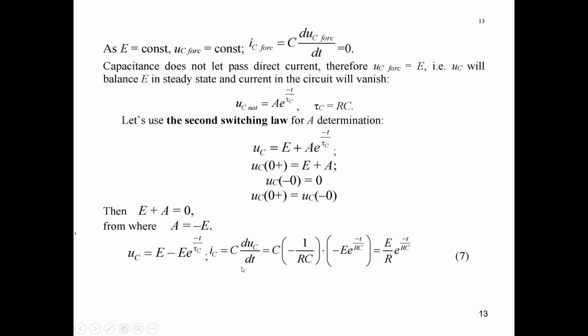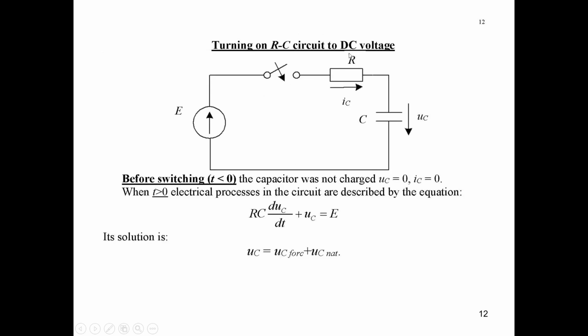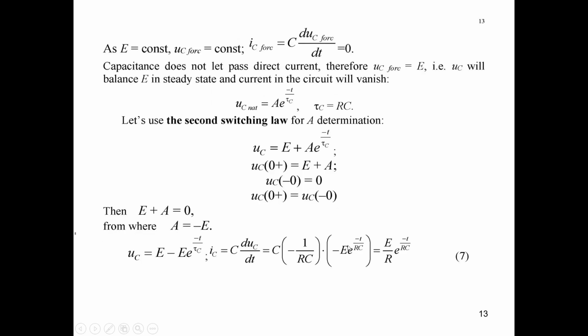And we can also calculate the current IC which flows through the capacitance, and in our case the same current will flow through the resistance. It will be C duC by dt. C, then you see the derivative by time from this expression. From the first item it will give us 0 because it is constant, and the derivative from the second item it will be minus, because it is before this expression,